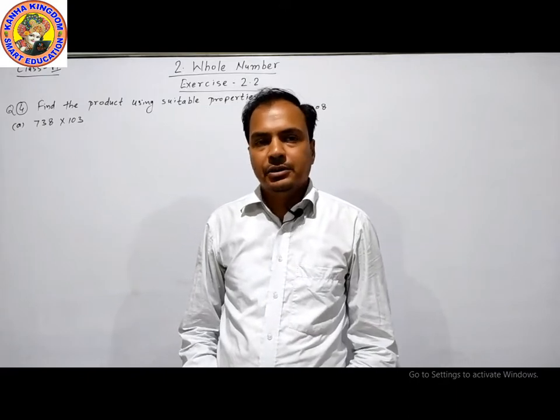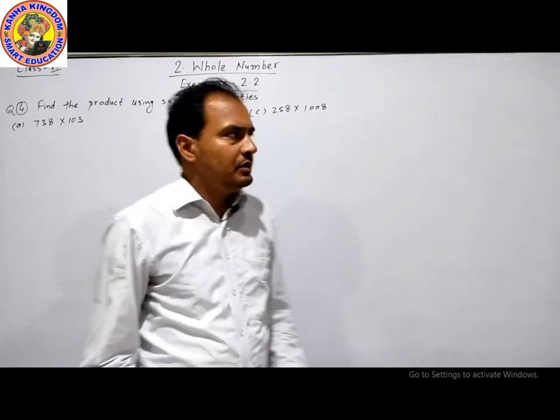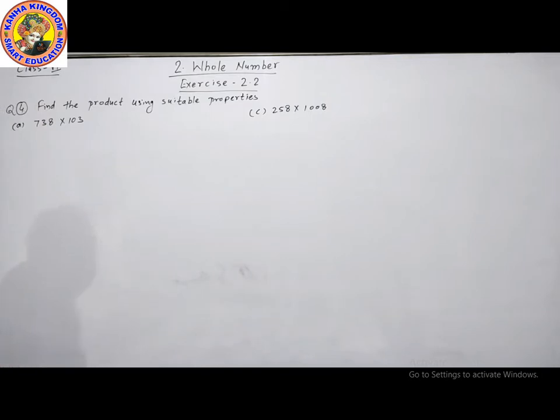In our last video, we attended exercise 2.2. We have already done 3 questions. Now question number 4. Find the product using suitable properties. The first question is this: 738 into 103. In our previous video,